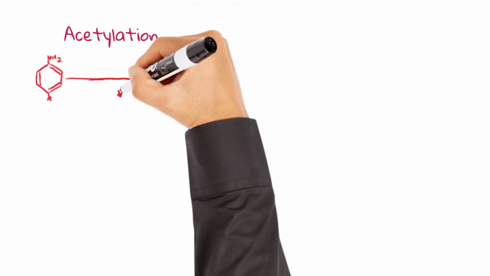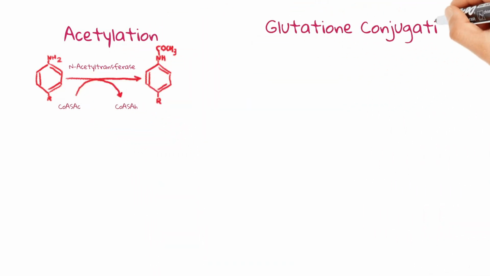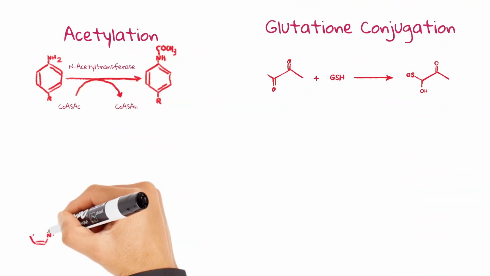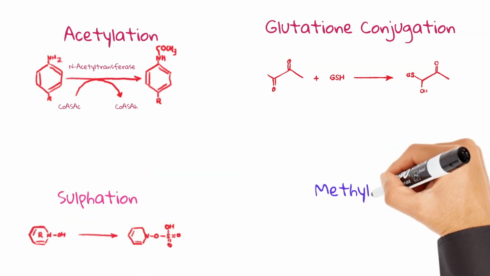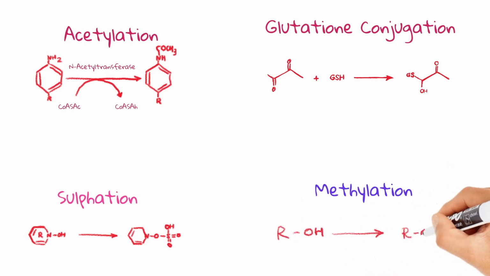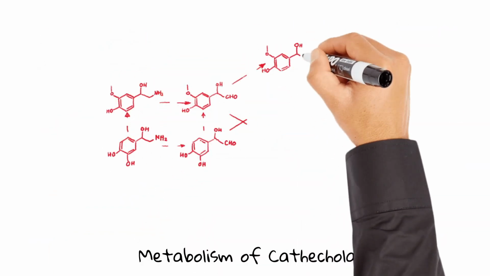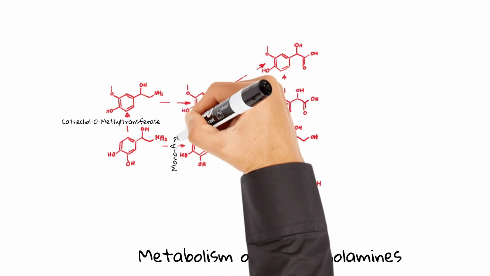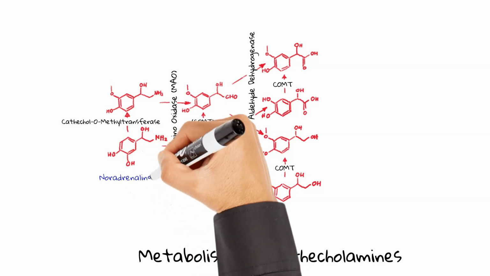Similarly, reactions of acetylation introduce an acetyl functional group, reactions of glutathione conjugation introduce a sulfhydryl group, sulfation introduces a sulfate group, and methylation introduces a methyl group to organic chemical compounds. Glutathione conjugation is the main and non-toxic biotransformation pathway of paracetamol. The methylation reaction is catalyzed by the catechol O-methyltransferase enzyme, which is another important mechanism of rapid inactivation of endogenous